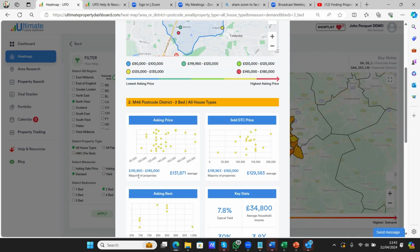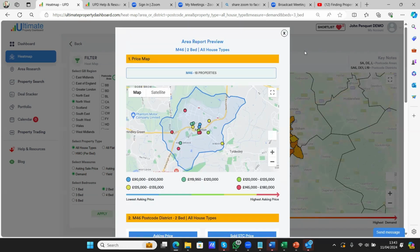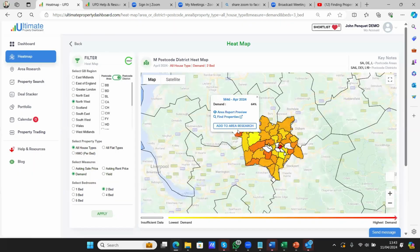Now, one thing to draw your attention to is the majority of properties. Look, there's only about £15,000 between the bottom and the top of the market. Right, so £25,000, let me get my arithmetic right. So it's not huge, right? So you're going to need to get some good money off in this area. So you're going to still need to be pushing your prices or your offers down, but there is potential in this area. Okay. So very quickly, I've been able to appraise the M postcodes and find myself a little area